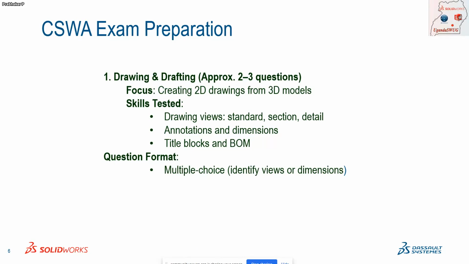Drawing views will be provided, either a standard view or a section view, and you should choose from the multiple choice options, A, B, C, D. They may ask about a broken view, half sectioning, full sectioning, or some kind of section view, and you should be able to choose the correct answer. You can expect 2 to 3 questions of that kind.